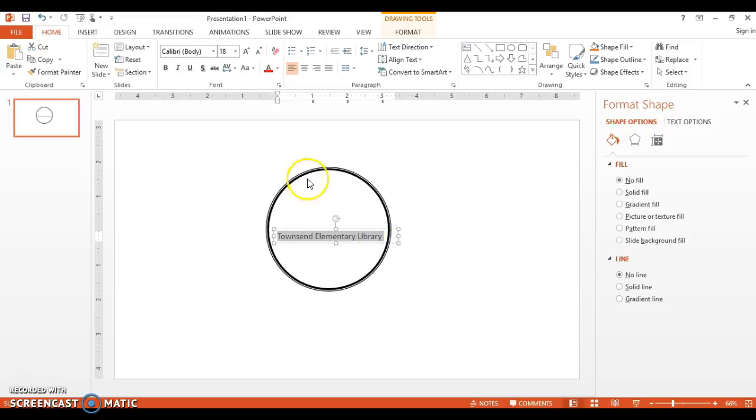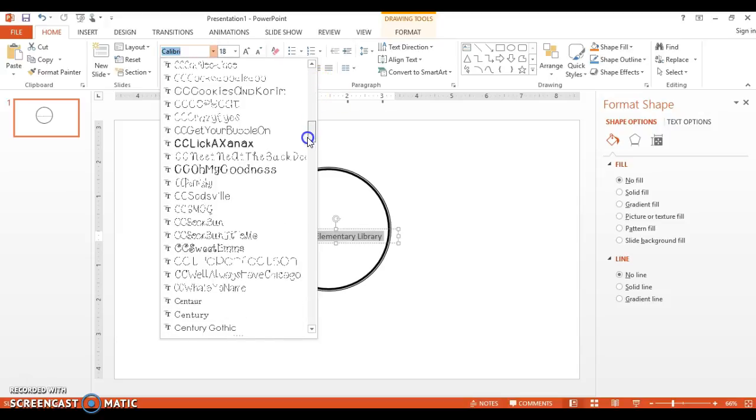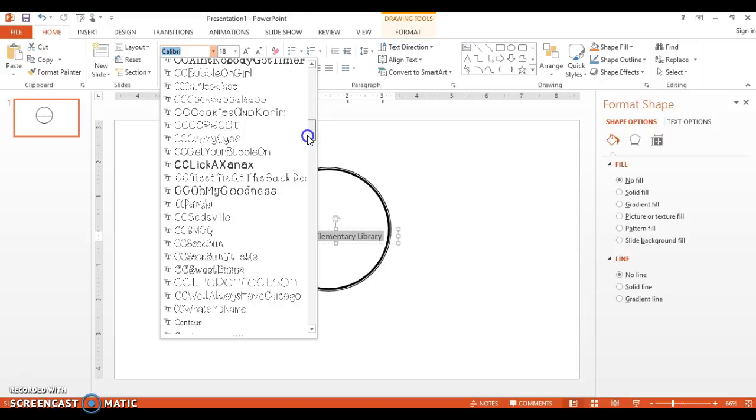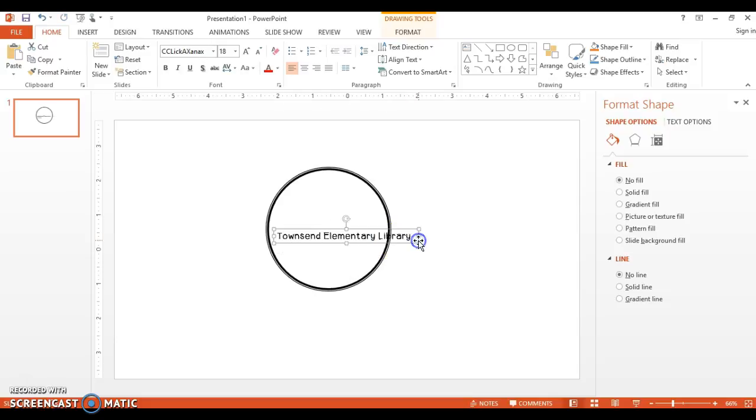For one thing, that font isn't very fun. I actually have some fun fonts that I purchased on Teachers Pay Teachers that I'm going to make use of here. I'm going to make sure I pick something clear and easy to read. And I'd like to see this text curve so it matches the circular shape of my logo. So I'm going to go up here to,